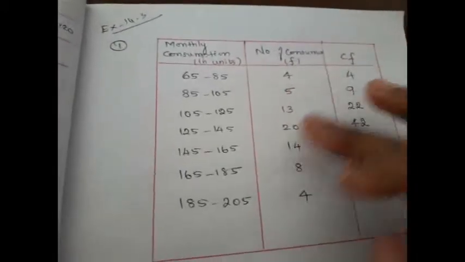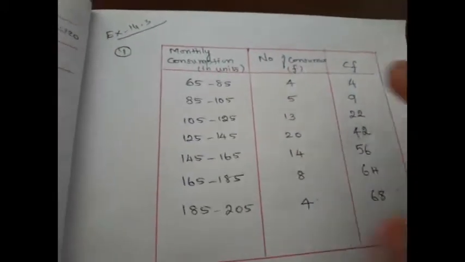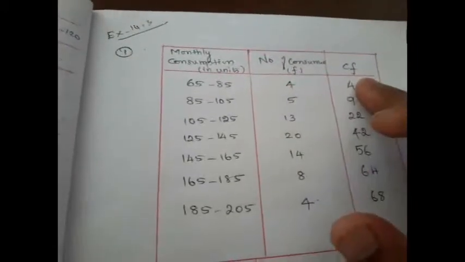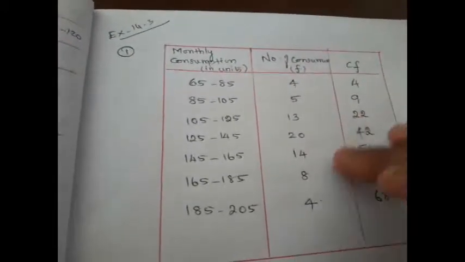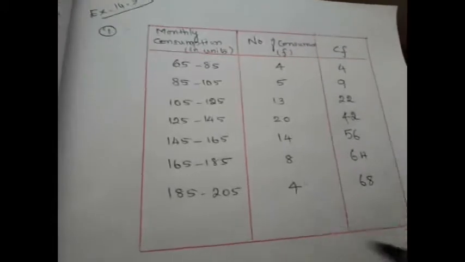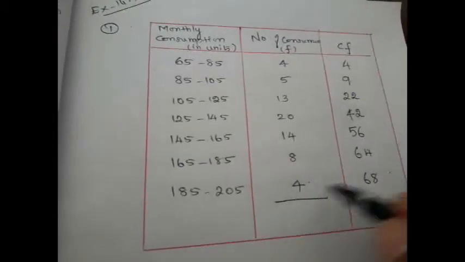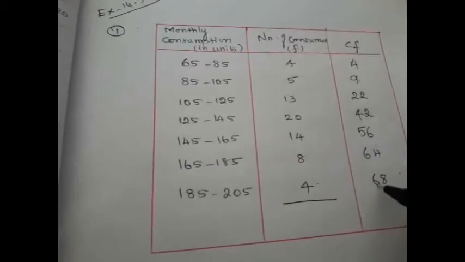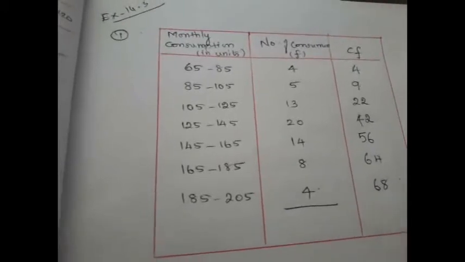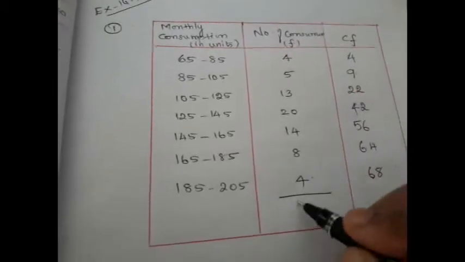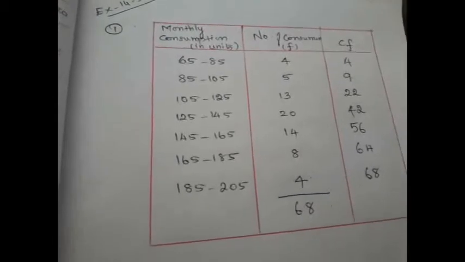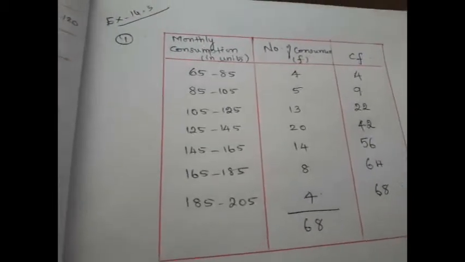So you have to cumulate the frequency. What we have done: the first value you write as such and then keep on adding to the next frequencies. And if you see, summation F will be the same as the last value, 68. Obviously, we are repeatedly adding these values. So this will be nothing but 68, right?